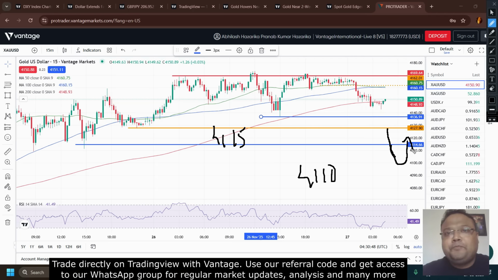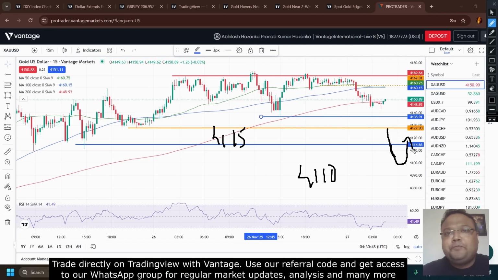Here also the same thing applies at 4127 today. Suppose you see that the market has formed a big red candle at 4127, then obviously you don't need to buy. But after hitting 4122, if you see the market is coming up again, then at 4127 you can look for a buy position. Means after some stop loss hunting, the market is going up again.